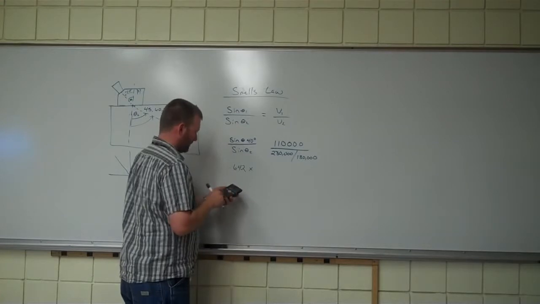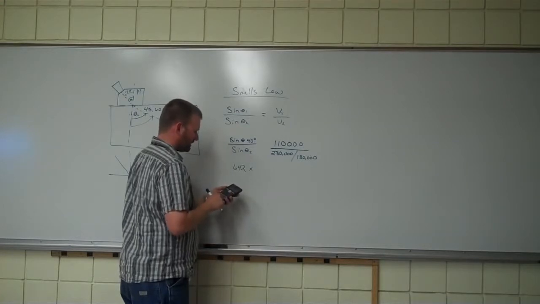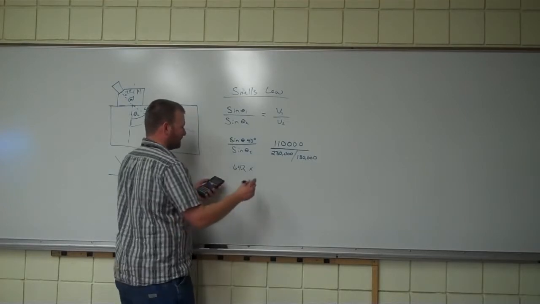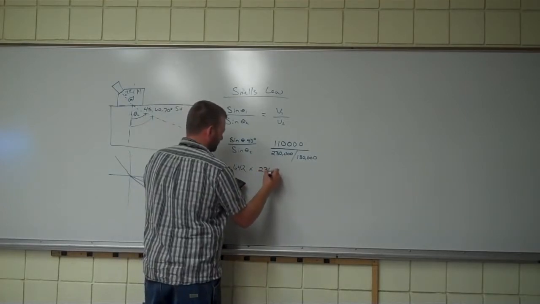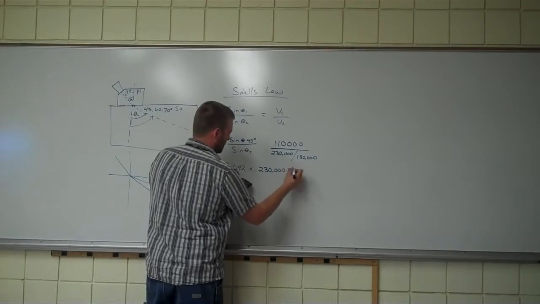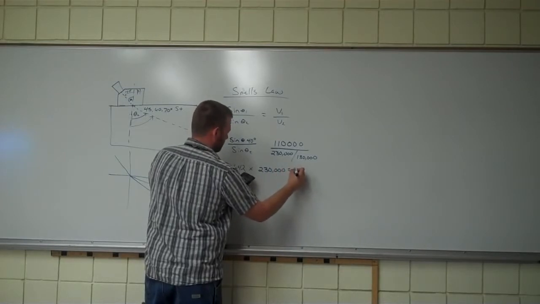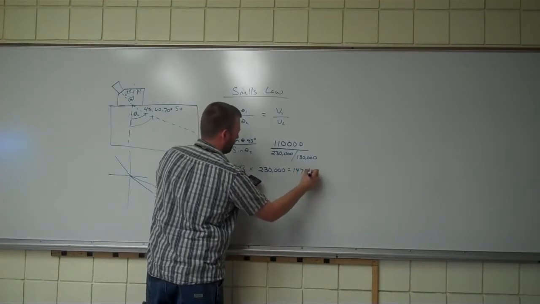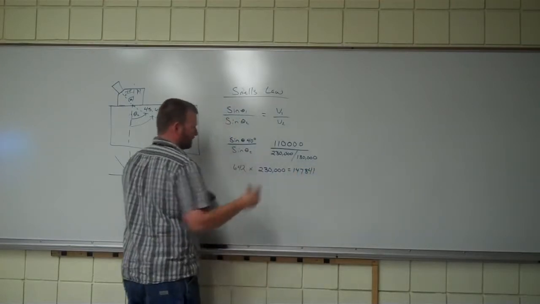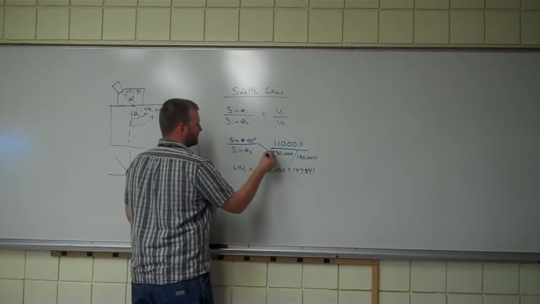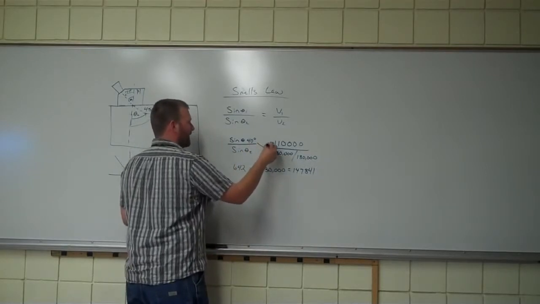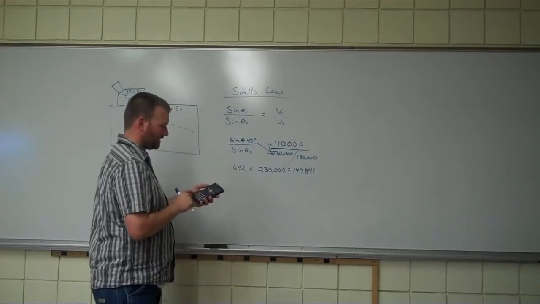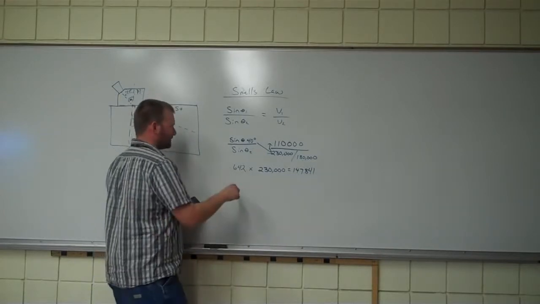Sine of 40 degrees times 230,000 equals 147,841. Now, we've done this times this. We need to divide by this. So we divide by 110,000, and that gives us a value